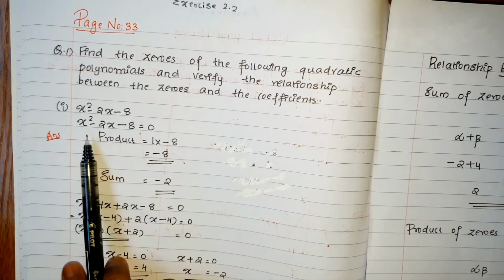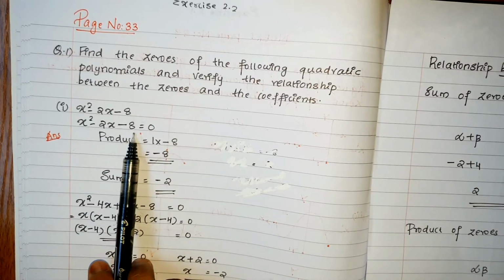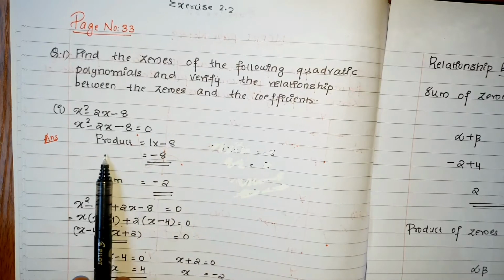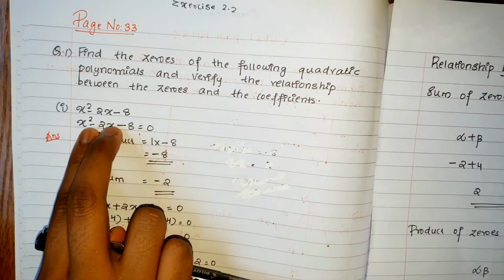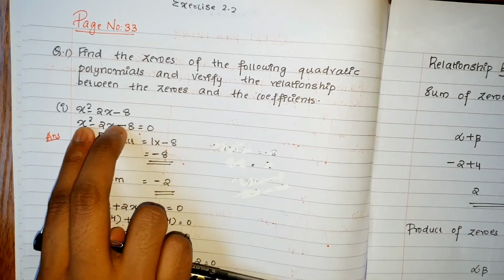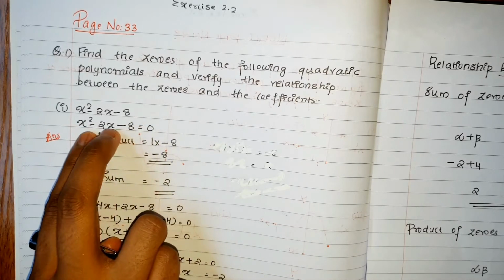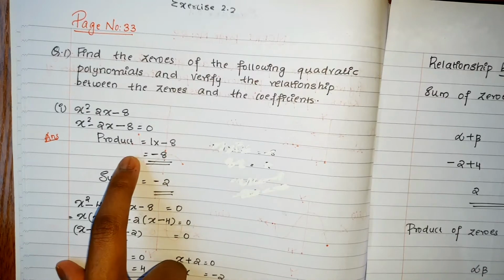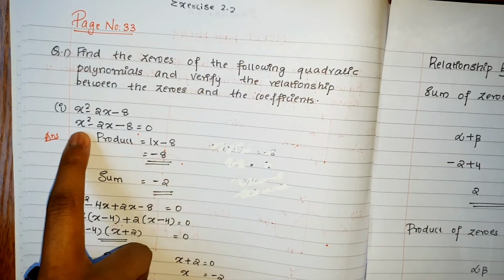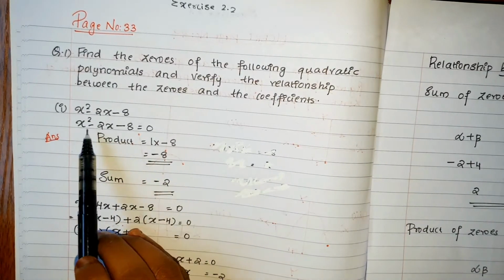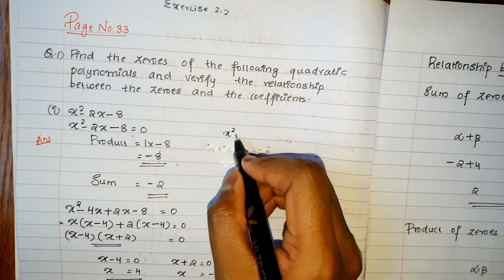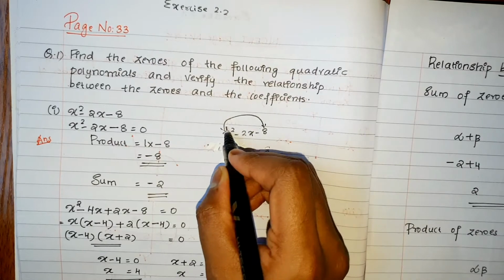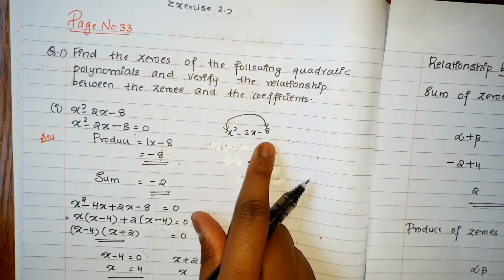Okay. So x square minus 2x minus 8 is equal to 0. I am equating this to 0. Next, what we have to do? We have to split the middle term. We have to factorize it. For that, I am finding the product first. Product means I am multiplying the coefficient of x square, that is, this is our question, x square minus 2x minus 8. I am multiplying these two terms, the coefficient of x square and the constant.